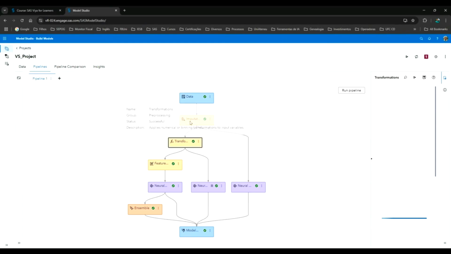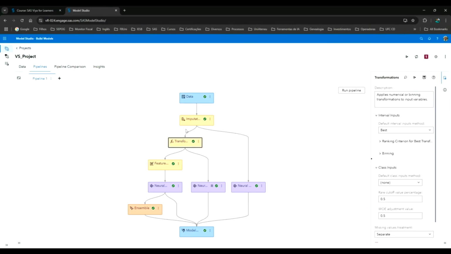And here I connect a transformation node, and here I chose the best way. Then I let SAS Viya choose the best transformation for each variable. Why do this, Jose?